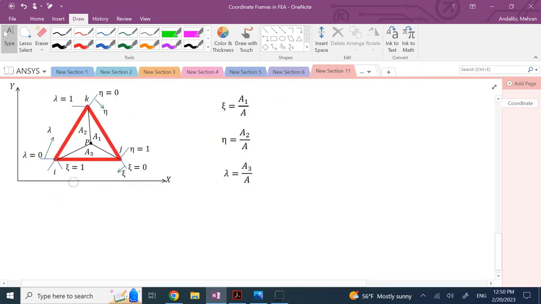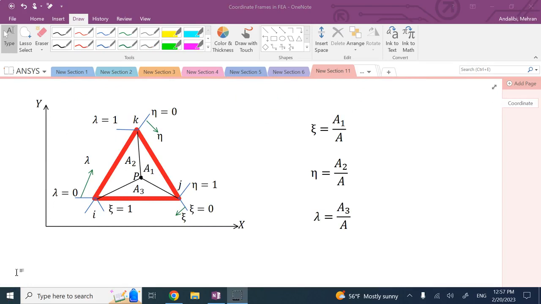Now, what about a triangular element? What do we have over there? For the triangular element, it's a little bit more complicated. The global coordinate can be anywhere. And here we do not really use local coordinate for this element. And the reason is the entities that we need, like the total area of the triangle, these smaller areas that I'll define in a minute, A1, A2, A3,